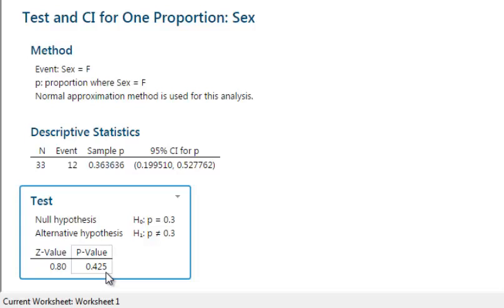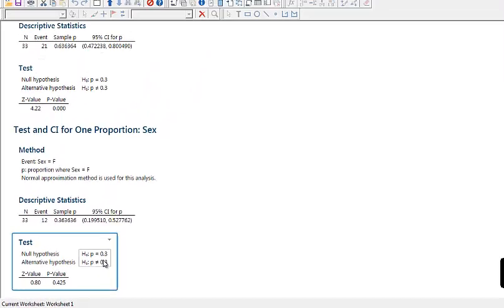We only reject the null hypothesis if the p value is less than alpha, which is not the case here. So it means the sample does not provide us evidence for rejecting the hypothesis. So we will retain the null hypothesis and conclude that the female percentage in that department is 30%, right? The null hypothesis.